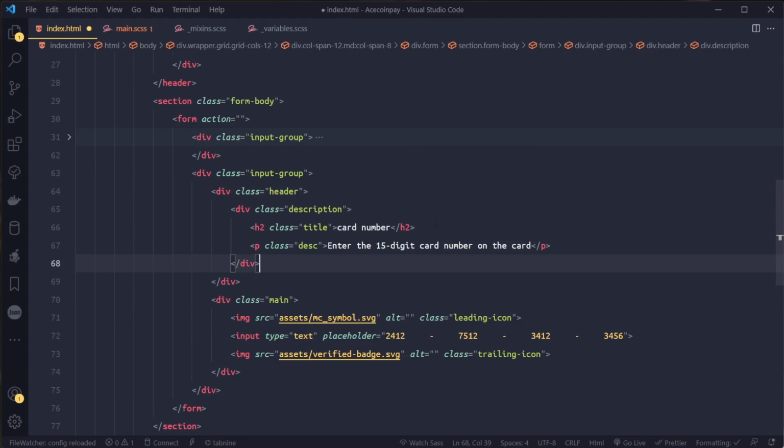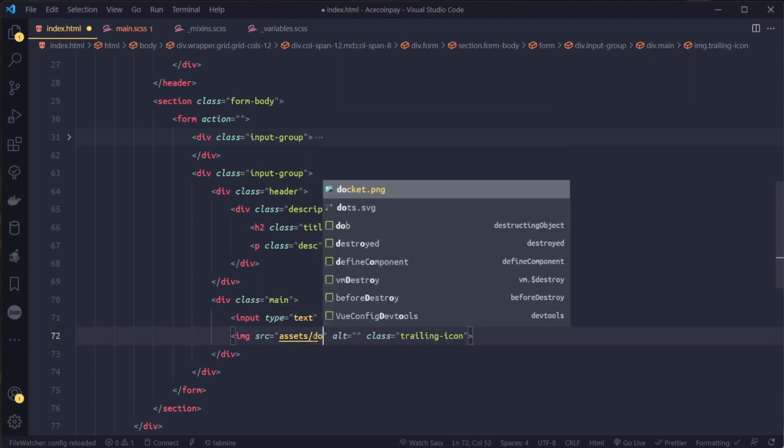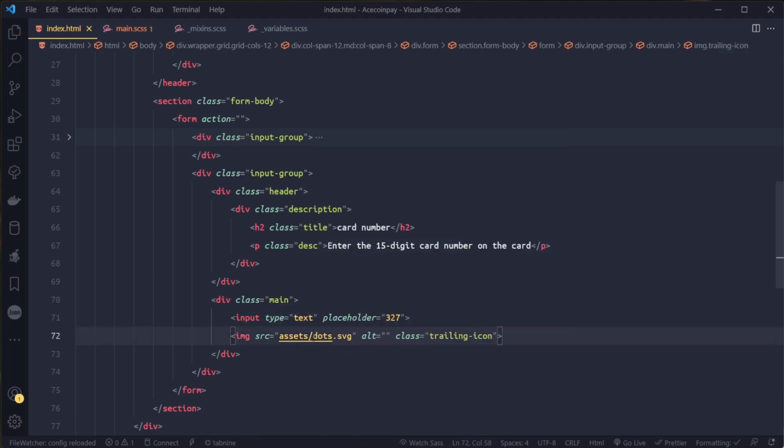Then we'll not need the leading icon, remove them, while this placeholder we will change to 327. Then instead of the verified badge, we'll use .svg. Okay, then we'll change card number to